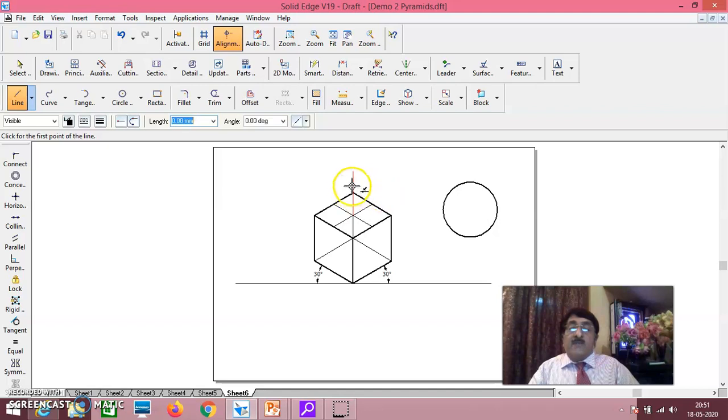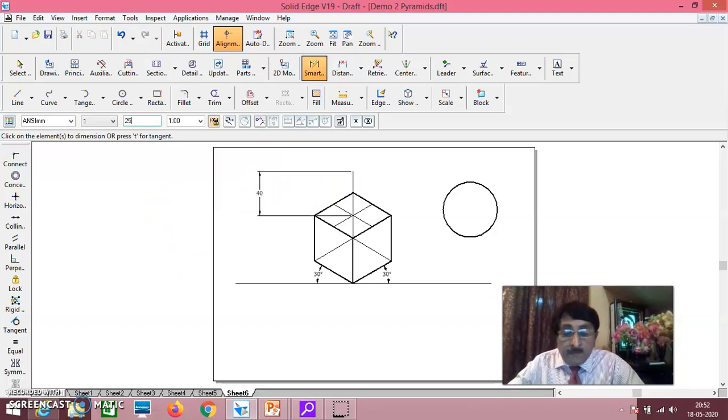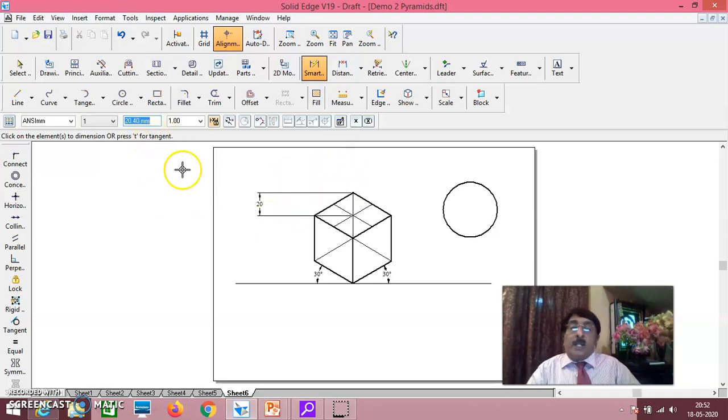This distance will be 25 ISO, that is 25 into 0.816, almost 20.4.